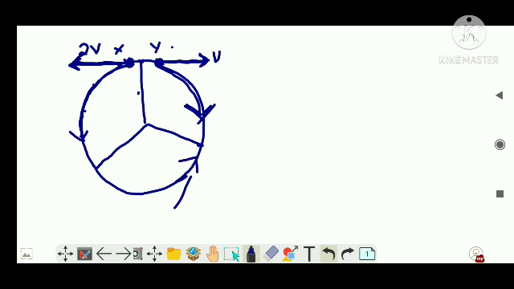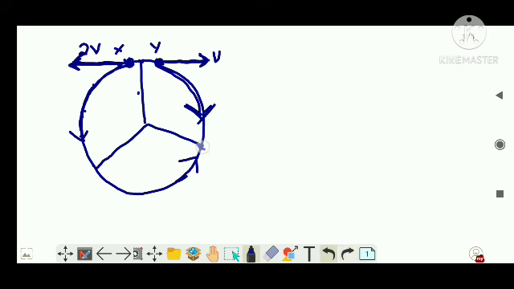Now it's moving there. So here at this point, x will be moving with velocity v and y will be moving with the velocity 2v, because both are exchanging velocity and the same direction will be happening. Clear? So this is the velocity of y and this is the velocity of x. Exchange of velocities happened. So this much is clear, right?